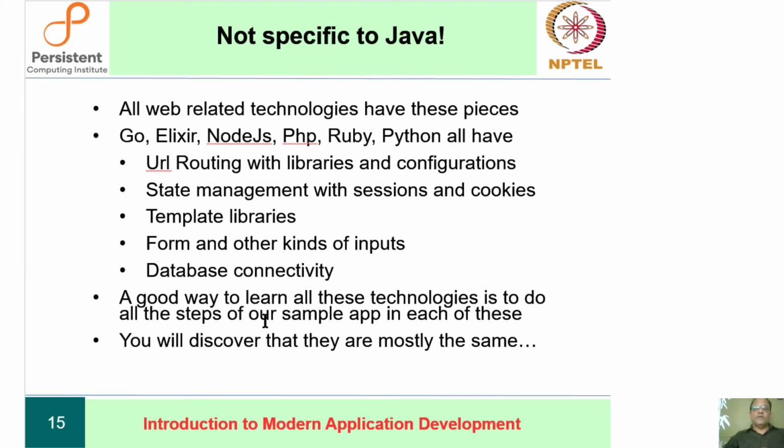One important difference between the Java technologies and some of the other ones like Ruby, especially Ruby on Rails and some of its cousins in the Java world like Spring Boot, etc., is that they remove a lot of the complexity of detailed configuration of the kind we saw in web.xml, etc., by means of what is called convention over configuration. So if you agree to design your app in a way that is prescribed by the designer of the framework, then you get a lot of these configuration type things for free.